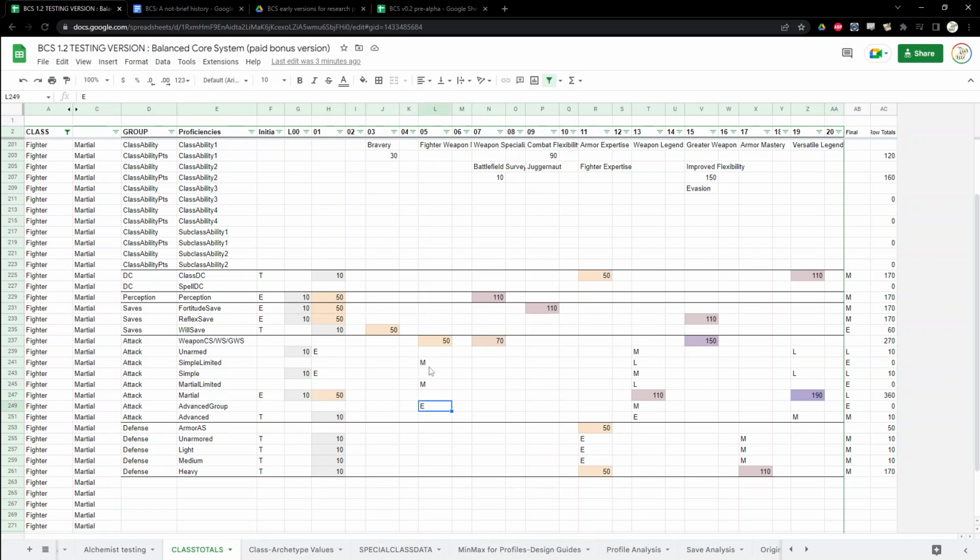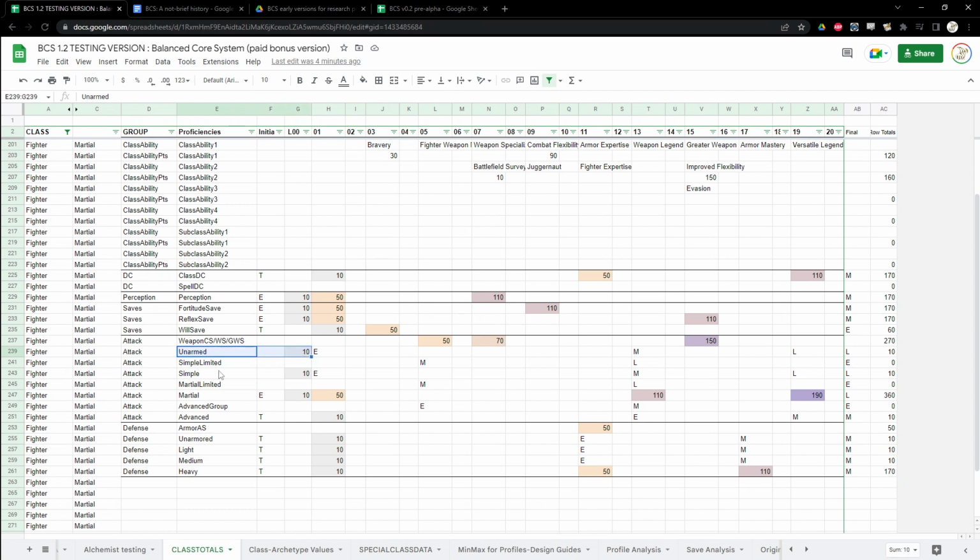And so when it gets here to level 5, where the fighter gets his weapon mastery group, you see there's no charge here. There's no amount. Well, that's because it's already paid for expert in anything. So it gets expert in one advanced group, but it doesn't matter because it's already paid for it. You see here it also, going back to level 0, essentially,